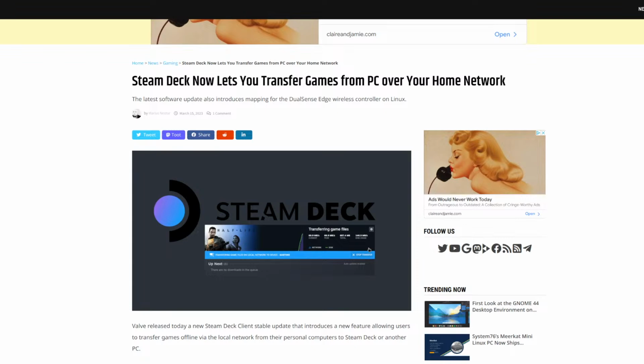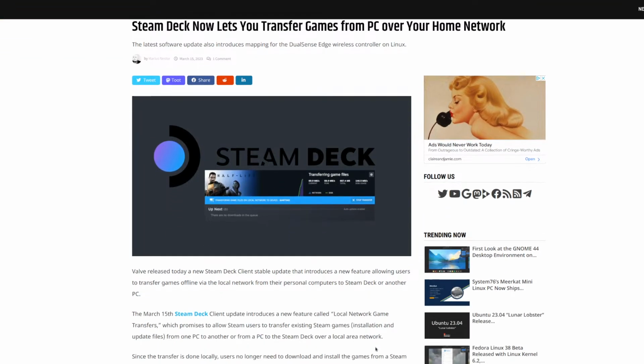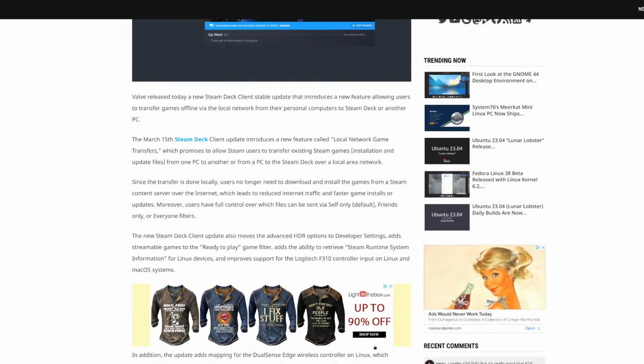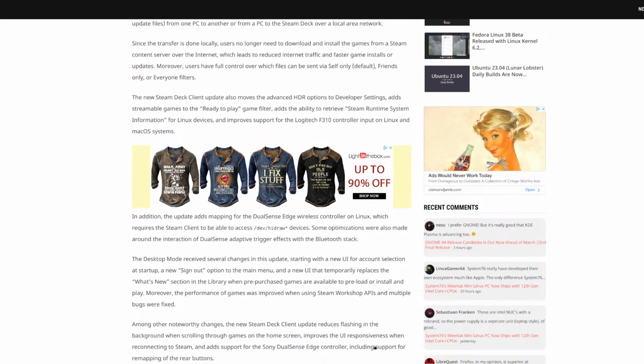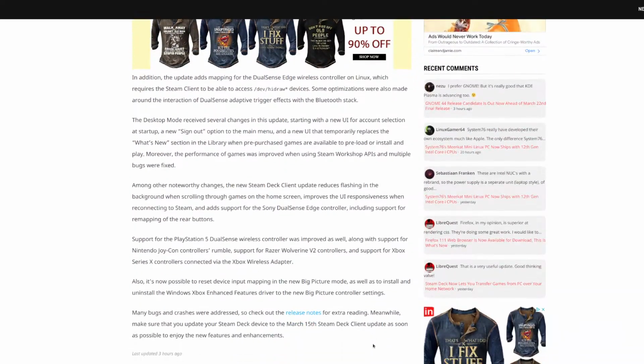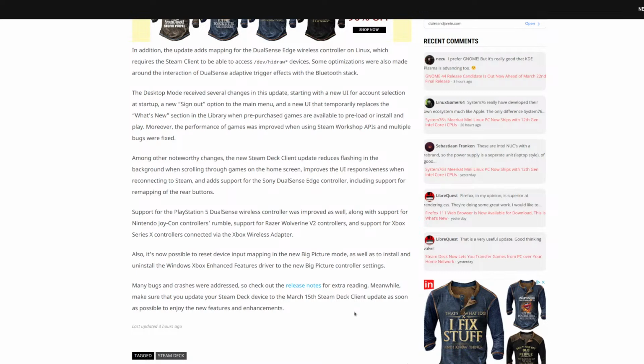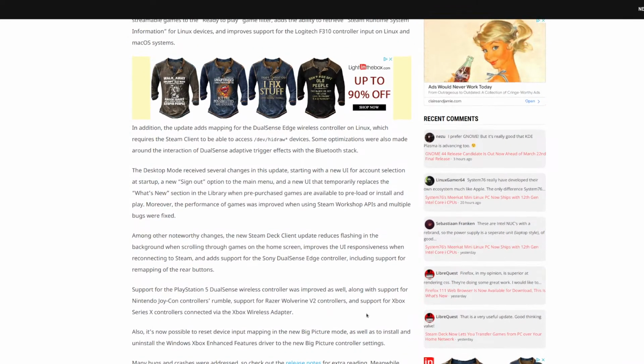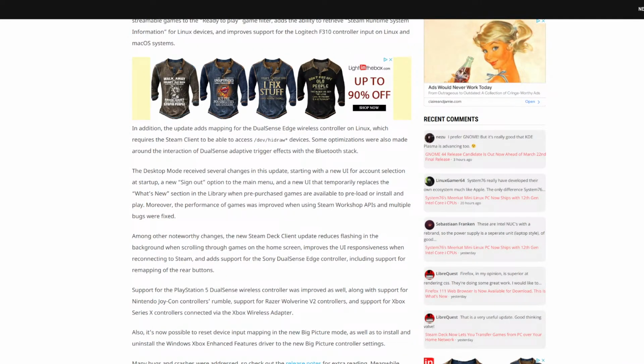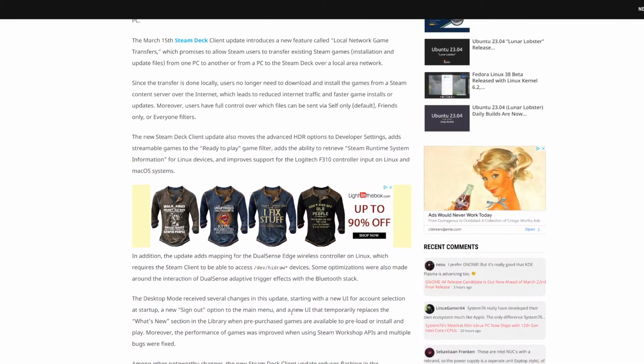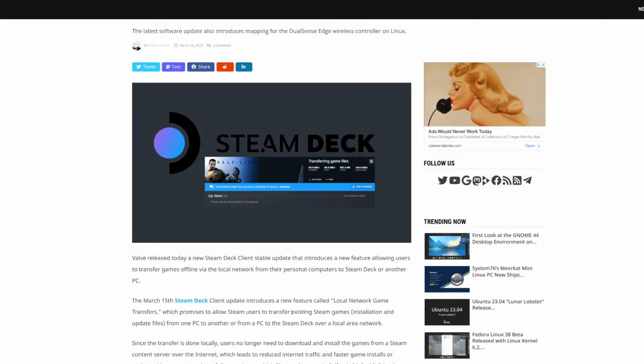Number one, there is one other change. I don't know if it's mentioned in the article or not. I didn't read the article, but you can download boot animations from the settings now. You don't need a custom boot, custom CSS loader. But as to how to do it, they don't mention in the article. Yeah, so we need to figure that out on our own, I guess.